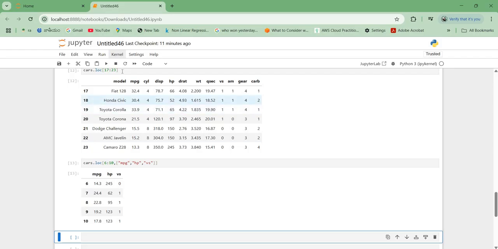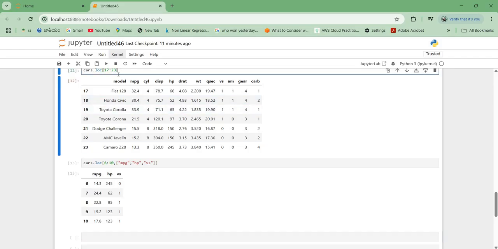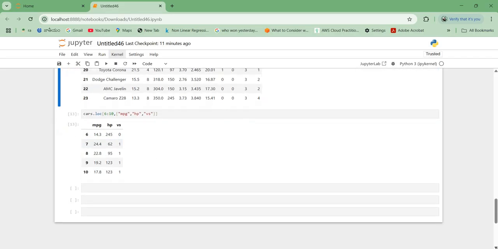Do you observe the difference between these two? Cars.loc is showing only 17 to 23 rows, but here cars.loc is showing rows 6 to 10 along with the specified columns. Particularly specified here are mpg, hp and vs, and only those columns are going to show you. Okay,